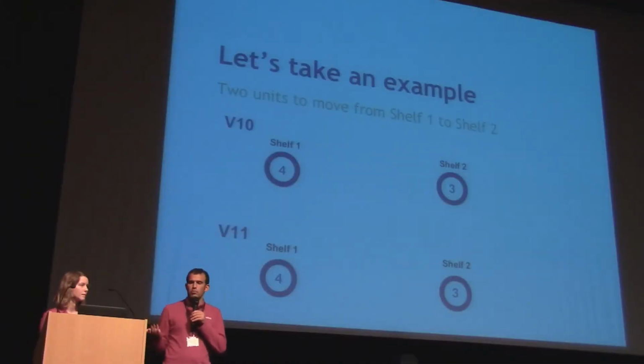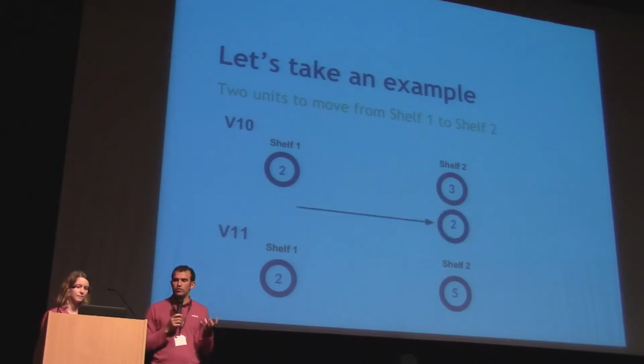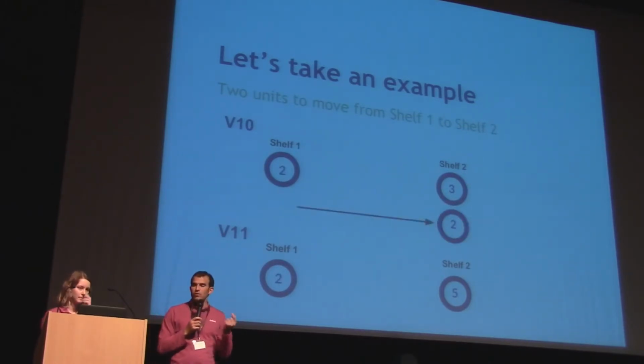So in version 10, we actually considered them as some kind of stock also. So if we moved something between location A and B, say you had 4 pieces in shelf 1 and 3 pieces in shelf 2, and you move, for example, 2 from shelf 1 to shelf 2, then in version 10 it will split them. And in version 11, it will consider the quants as a kind of cache, just for the quantities. While in V10, they are also a technical object, they are also cache, but